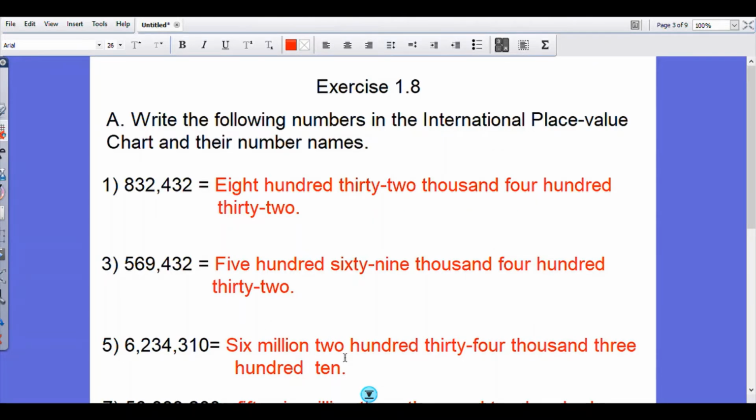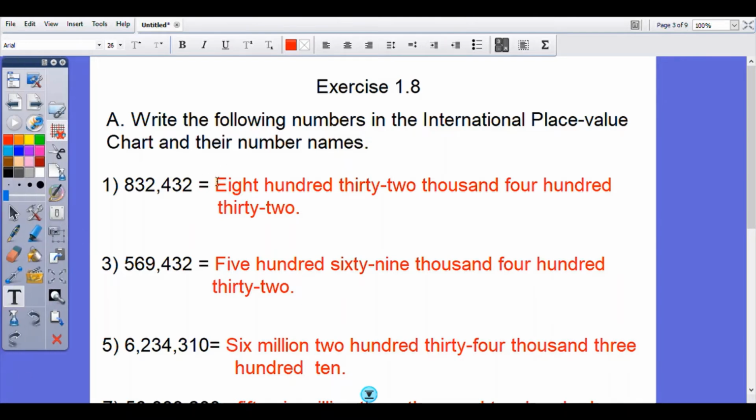Write the following numbers in the international place value chart and their number name. Now the place value chart you have to draw in your copy. Now we see here the number name. See, in the international place value chart, in the group of three, ones, tens, hundred, then thousand, 10,000, 100,000. That is 832,432. Here also